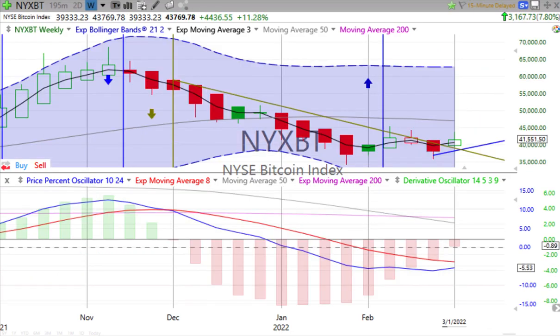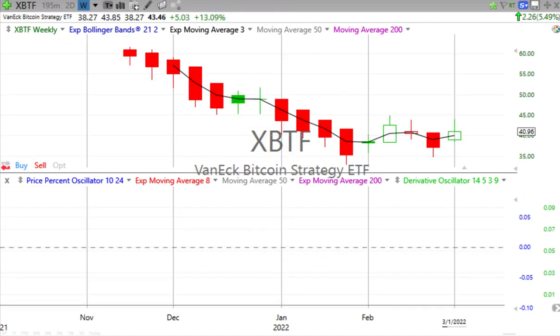And Bitcoin a flying. If we look at the Bitcoin futures XBTF, and the reason we're not using this to track is it only started in October, November. And so we don't have a long track record with it. That's why we're using the New York Stock Exchange Bitcoin Index. But depending on what you look at, the futures are around